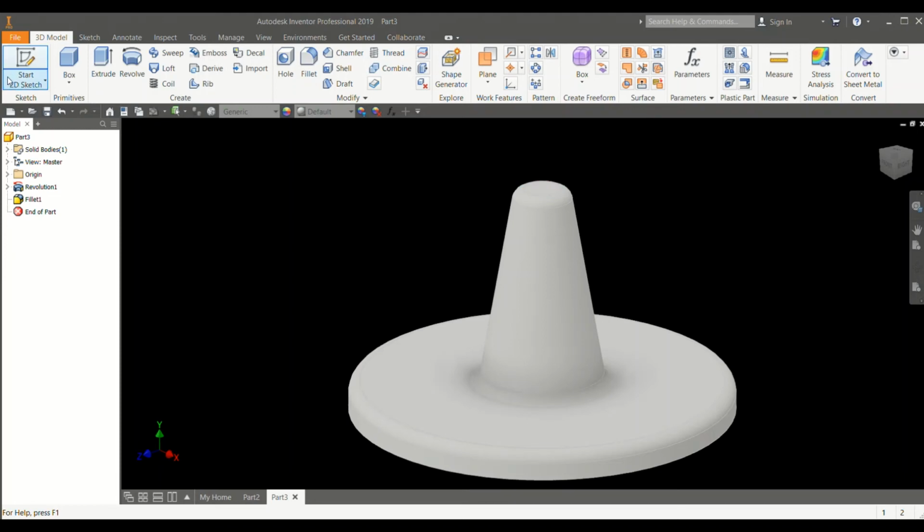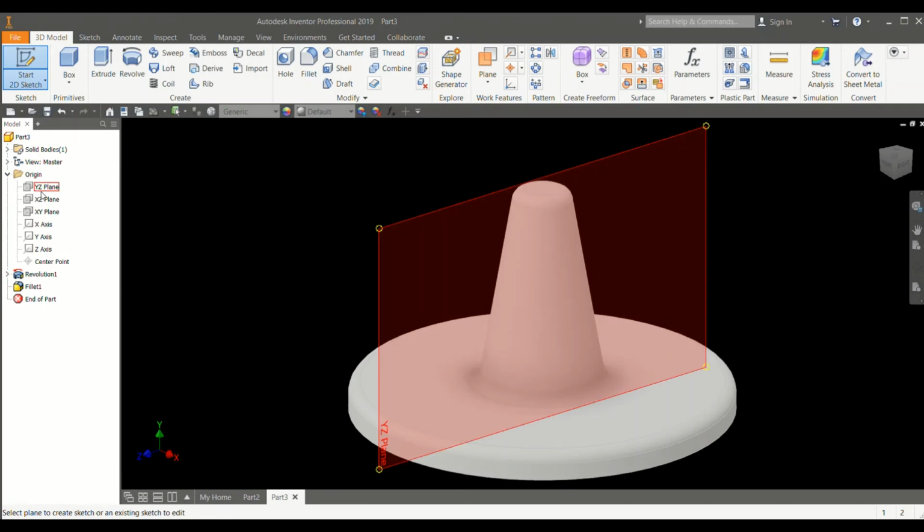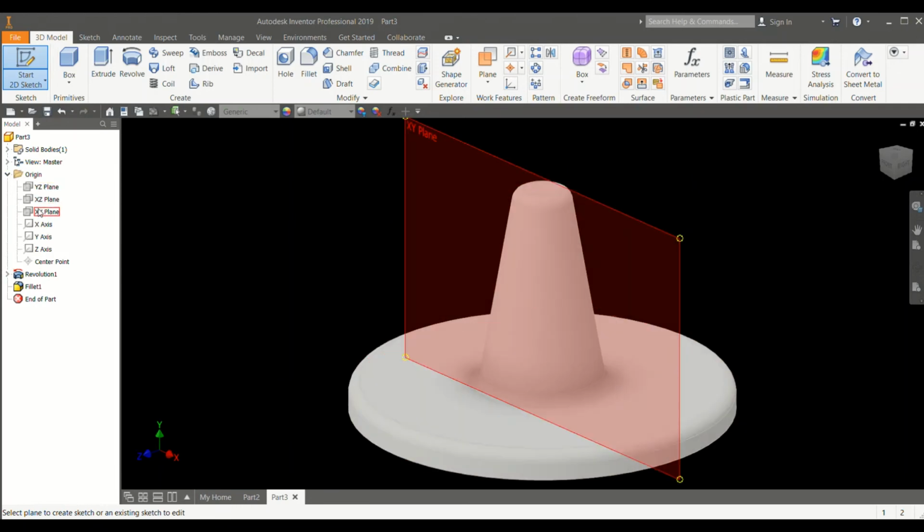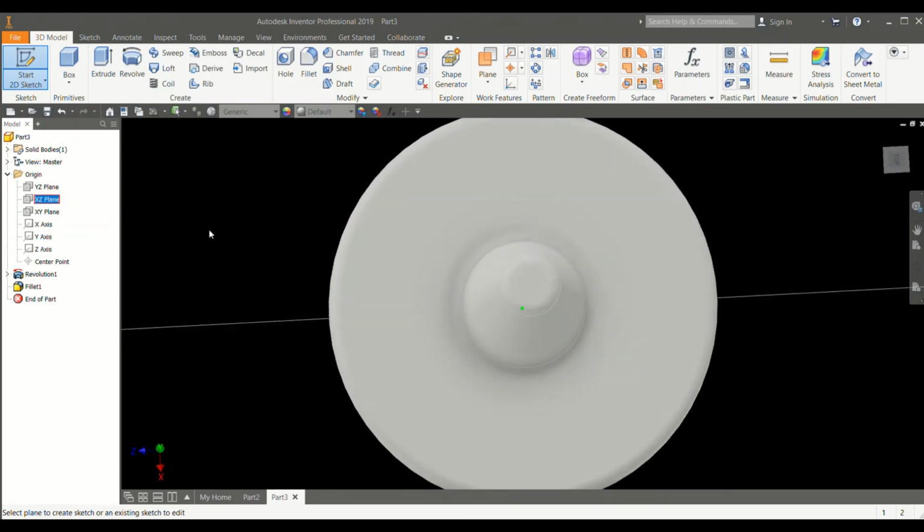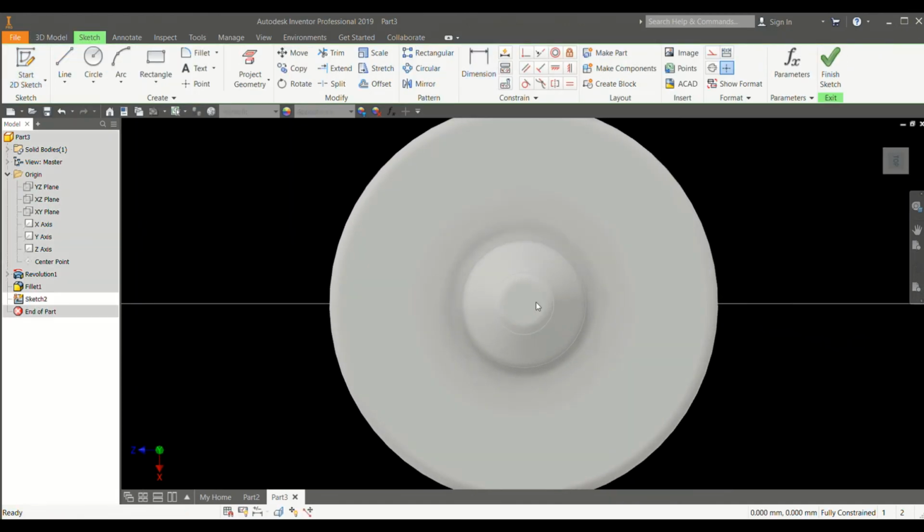Now I'm going to draw another sketch. For that I have to select Sketch, then I will go to the origin and select a plane. I will select the XZ plane because I want to cut from here. So I will draw a circle from the center to here. Then you right click and press OK. You can give a dimension also. 6.66, so I will make it 6. Finish Sketch.